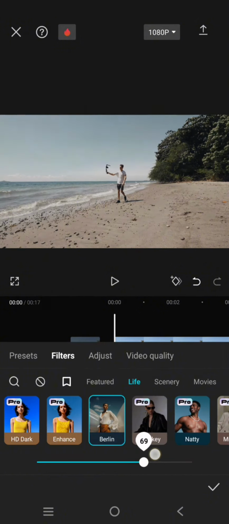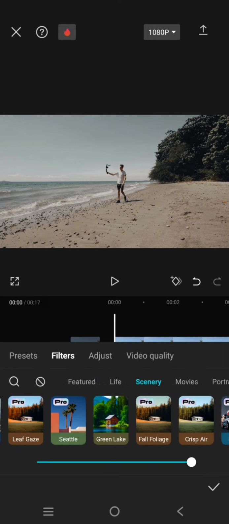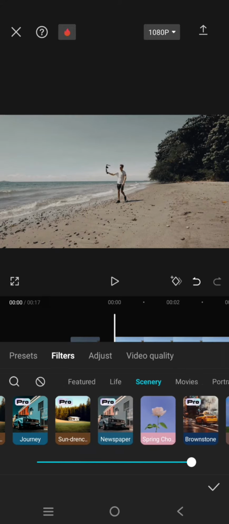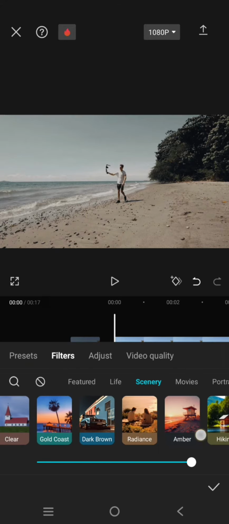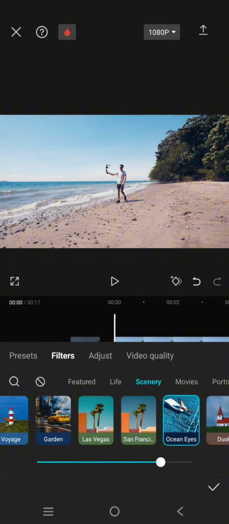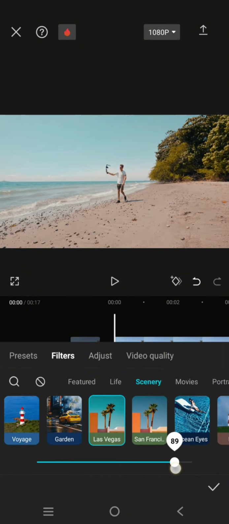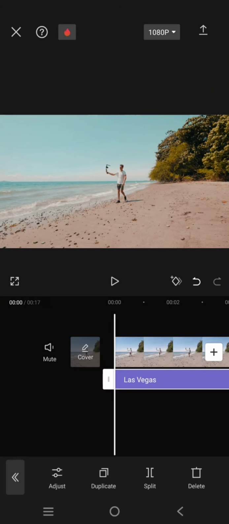filter. You can adjust it to how you like it, for example 100. And the second one, you can also try the Las Vegas here, Las Vegas. So it will have a sunny mood effect like this. So you can just try which one you think fits your video the best, but I personally like this one the best, especially if you have a video with